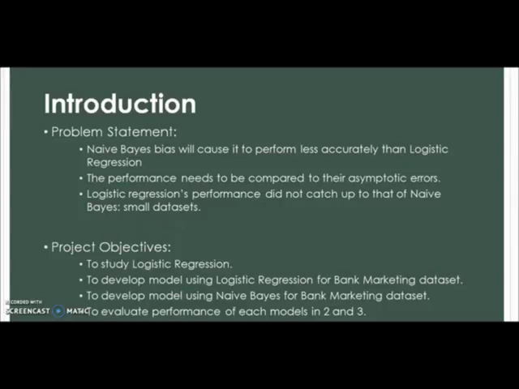Logistic regression is a linear classifier over the continuous random variable. The linear classifiers produced by logistic regression and Gaussian naive Bayes are identical in the limit as the number of training examples approaches infinity, provided the naive Bayes assumptions hold. However, naive Bayes will perform less accurately than logistic regression in the limit if these assumptions do not hold.